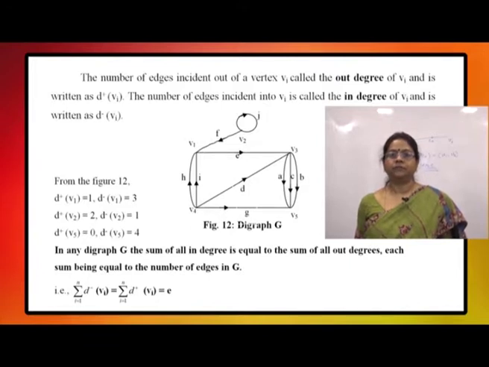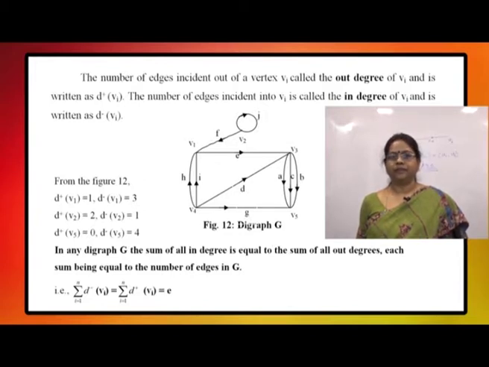For example, in figure 12, d plus V1, that is the edges going out of V1, is only one, that is the edge E, and the number of edges coming into V1 is 3 here, which are F, I and H. Similarly, for V2, we see here that here is a self loop, which is J. So, d plus V2 is 2, that is J is going out and F is going out from V2, and J is coming into V2, so d minus V2 is